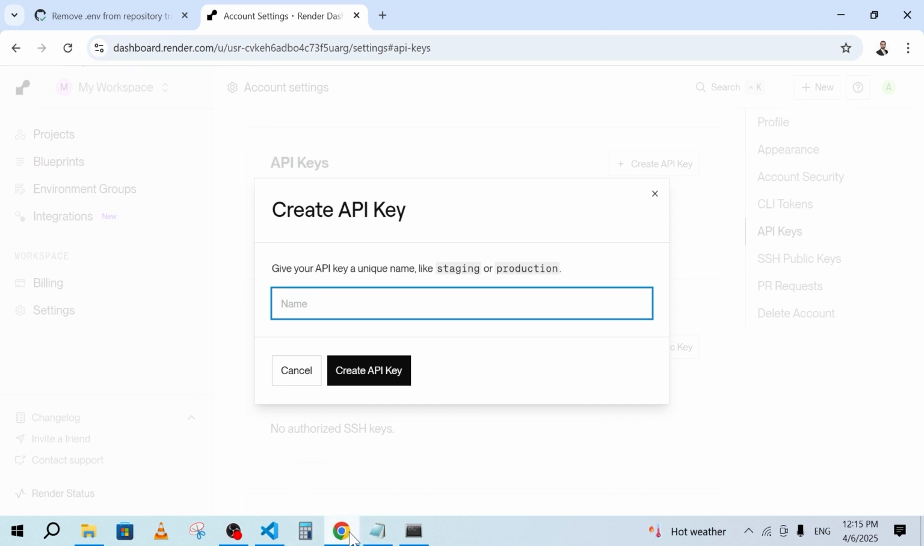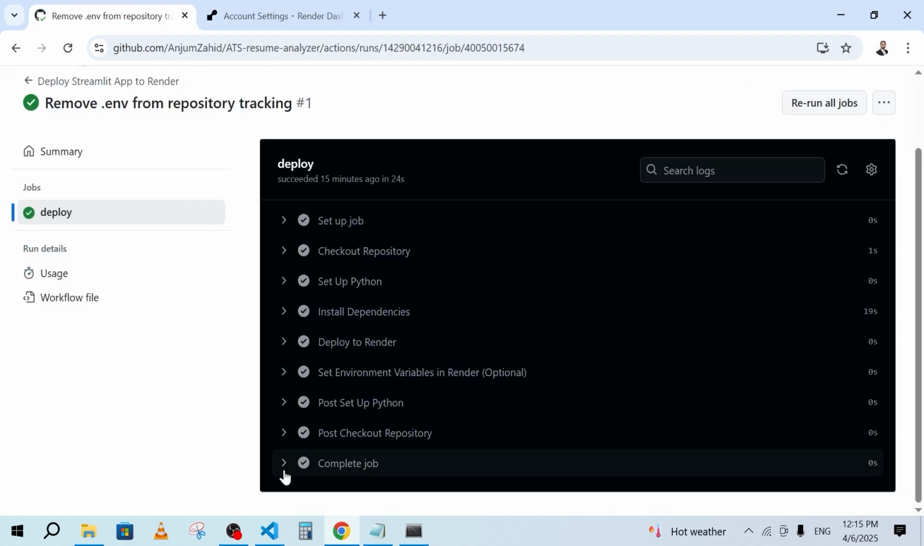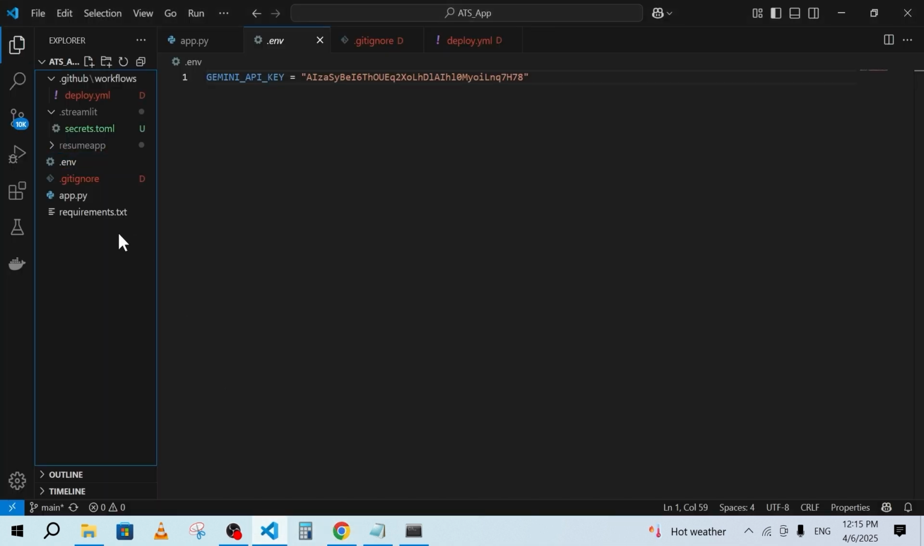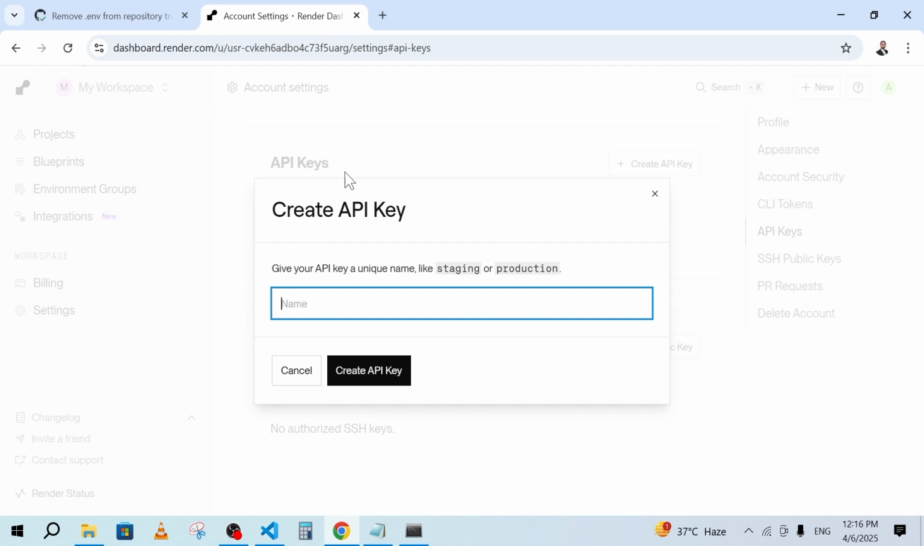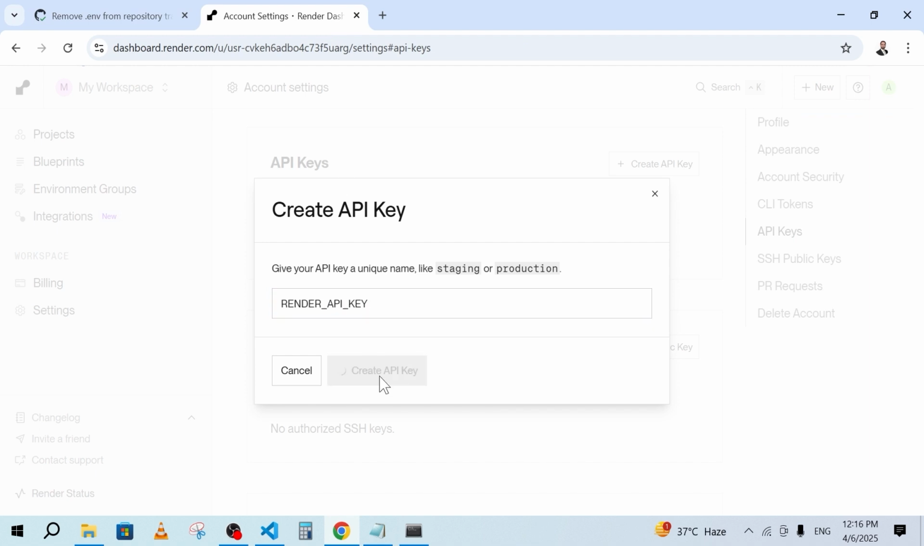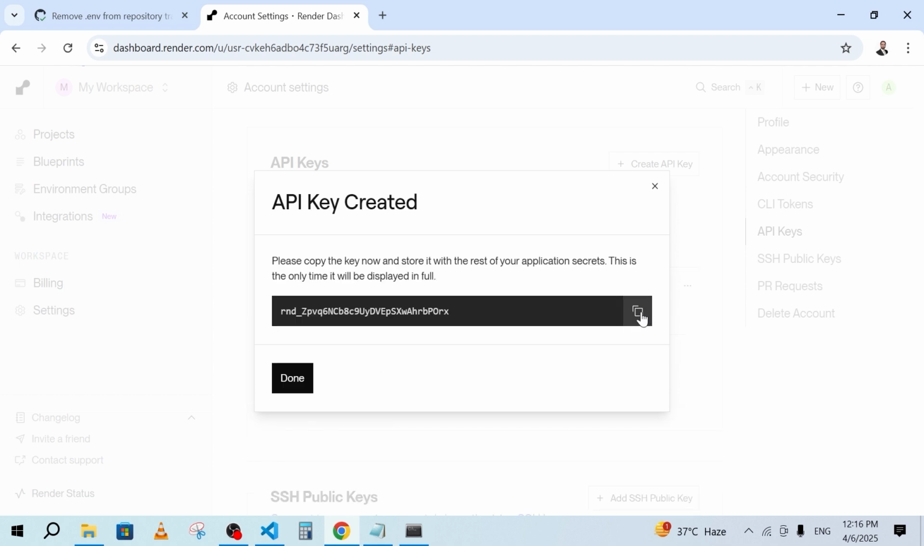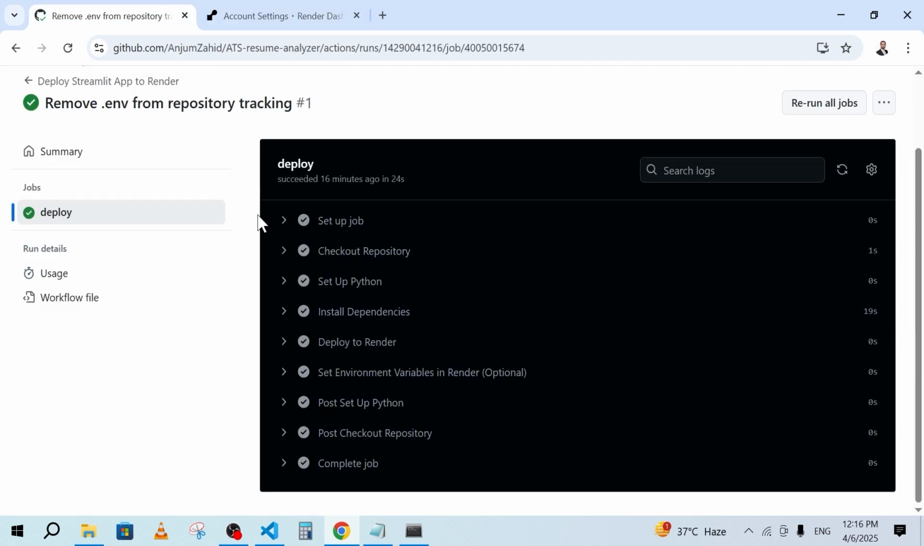And here you will give the name of the API key. Let's suppose in the code, in the YML file, we have given the name RENDER API key. Let's copy the name from here and put it here, the same name. Okay, and here you can click on create, and here the API key is created. Copy this API key